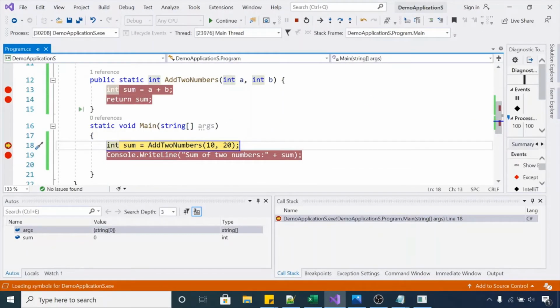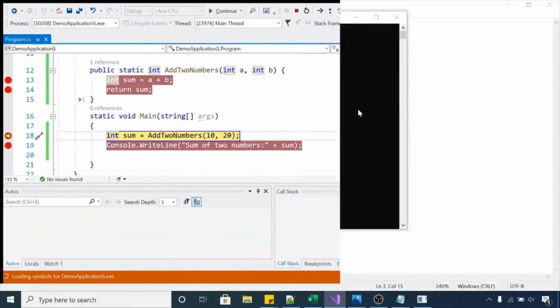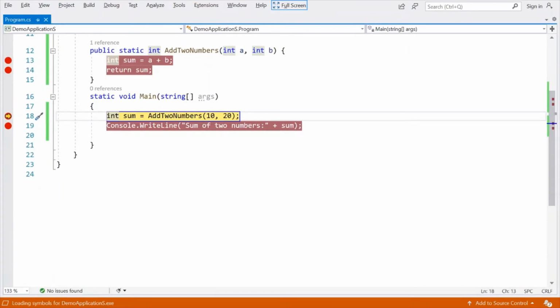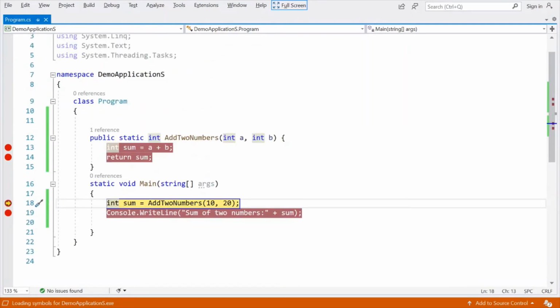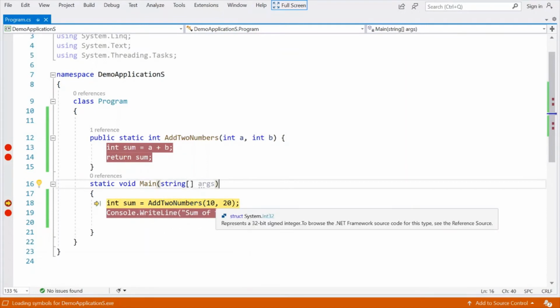So guys, I think you are aware that the main method is the entry point for your console application. As I told you in the last session, if you are not aware of that, you can search on Google what is the main method and why we have a main method in console applications. This functionality is the same for C#, Java, and C++ also. The main method is the entry point for your application. Whenever you run your program, it will start execution from the main method. The first statement is calling the add two numbers method and passing 10, 20 here.